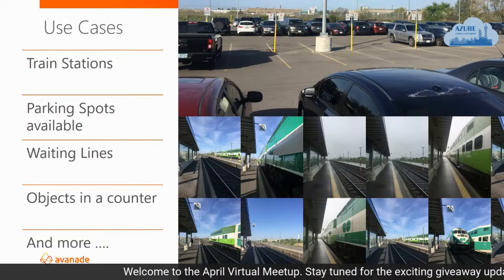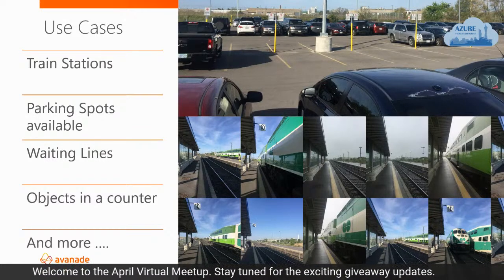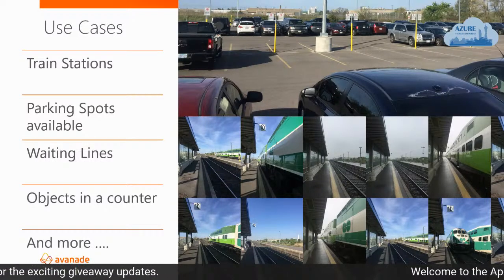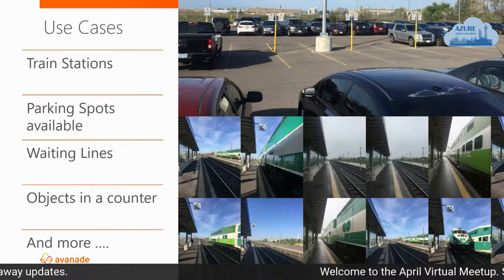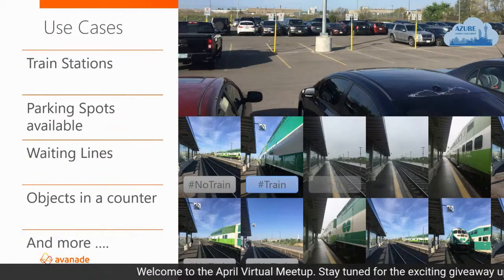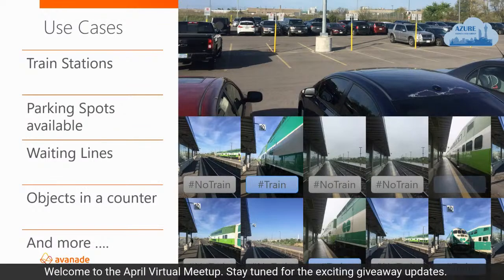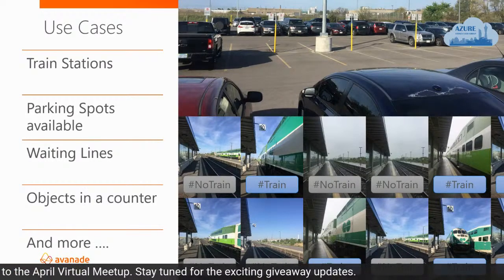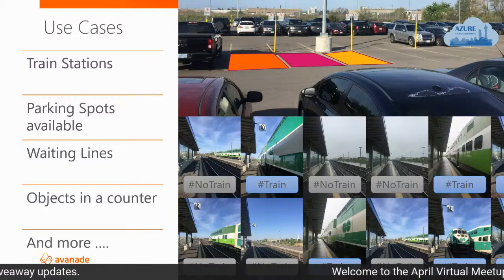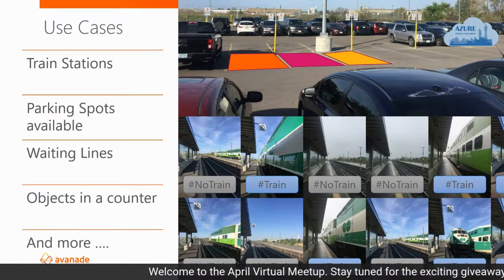It's not going to be easy to have this aerial camera. I mean, you can have it, but if you have some standard security cameras, like in a parking lot, you can start to check for empty spaces. For example, in a train station, you can see if you have a train or you don't have a train, or in the parking lot, if you have empty spaces or not. If you find the empty space, that means that there is no car. If you can't find the empty space, there is something here, a car, a human, or something else.